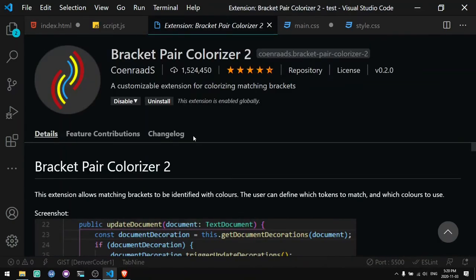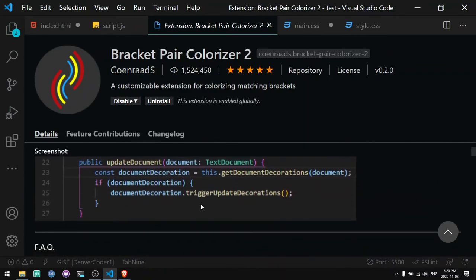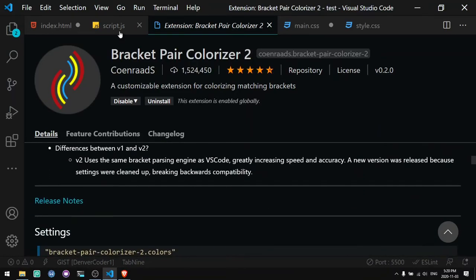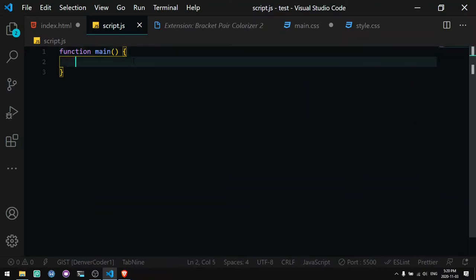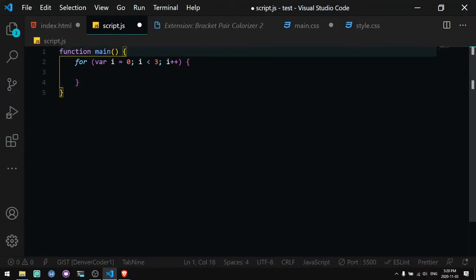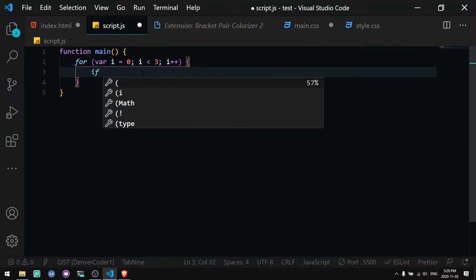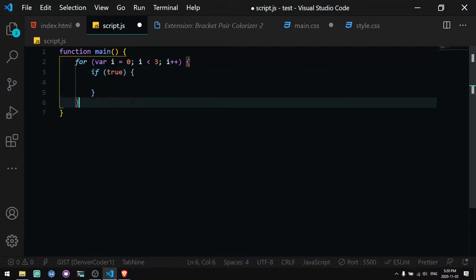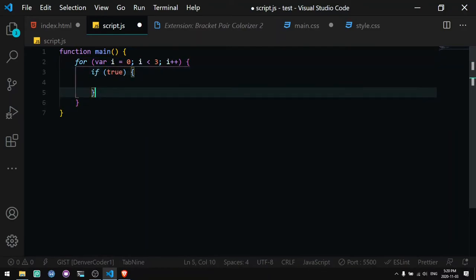The next extension I want to show you guys is called Bracket Pair Colorizer 2. It allows you to change the colors of your brackets so you can easily see what matches up with which bracket. So in this example, these are yellow brackets, but if I make a for loop inside of here, you'll see that the for loop's brackets are a different color. And if inside of here I put an if statement,